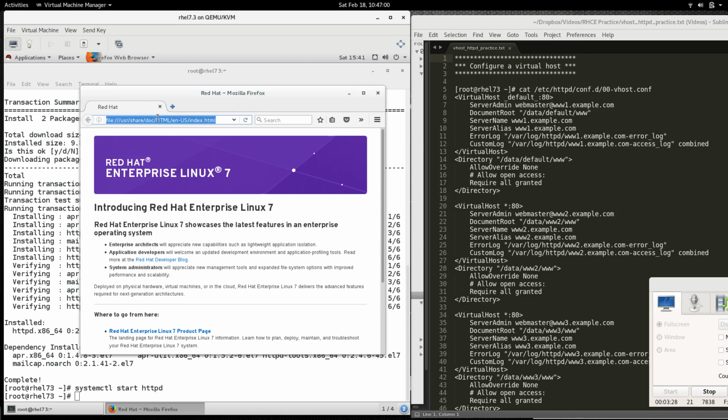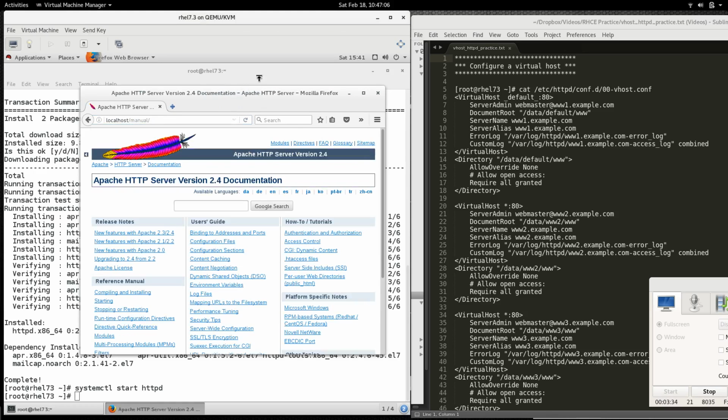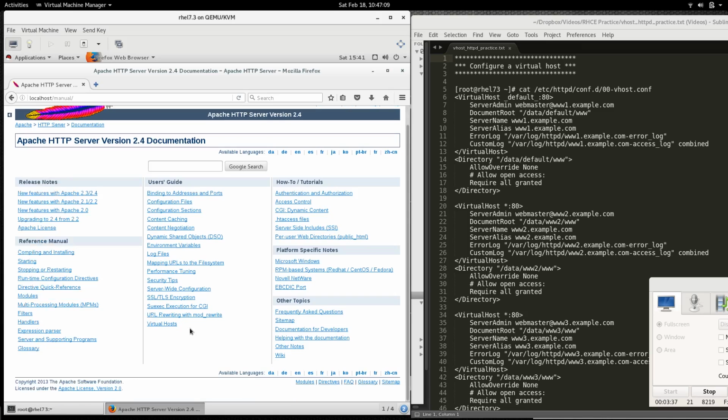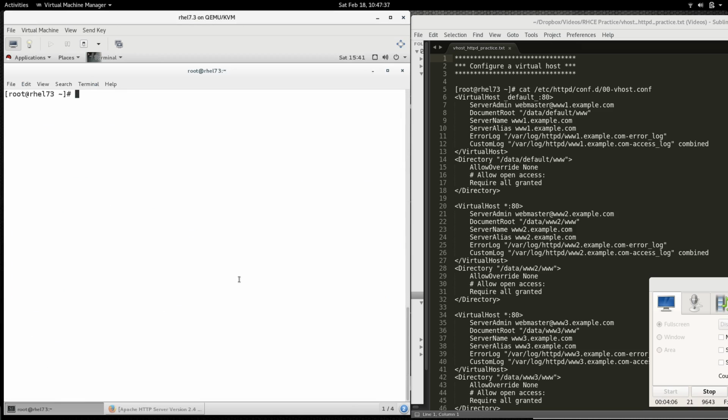Going to do something like localhost/manual, and you will see the manual page for Apache. It's very good if you have time to read everything, or at least the tutorials, the access control, the CGI. I don't know if I see something here for virtual host, but it's up to you. So good luck with that. Okay, we're going to bring down this. Okay, to start,